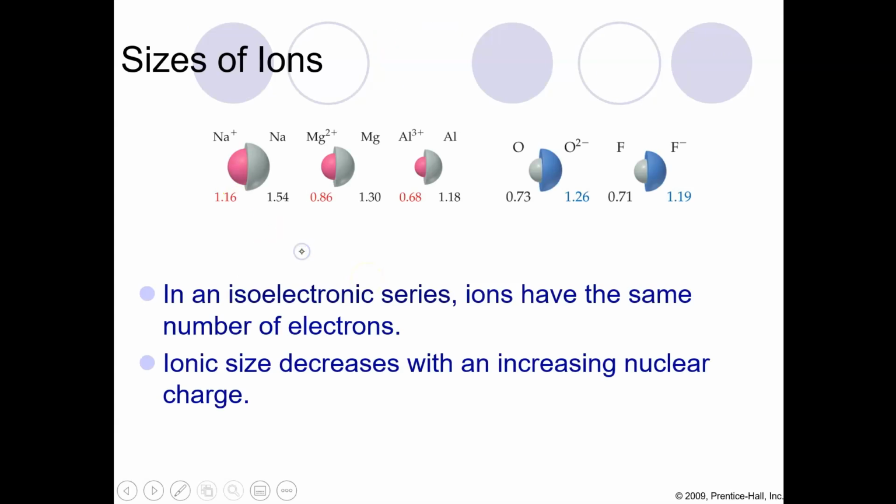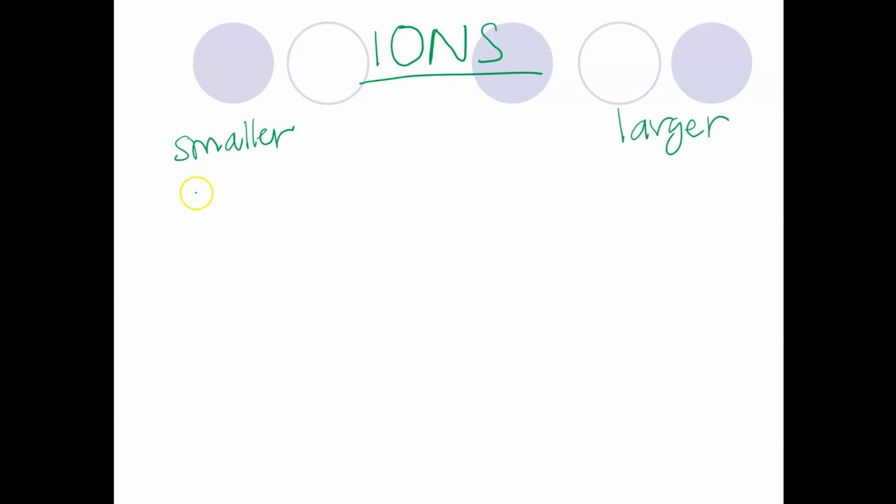So for ions, I don't have an arrow to draw around the periodic table. Ions. Smaller in size to larger in size. The most positive to the most negative. So if I have an example of, let's do